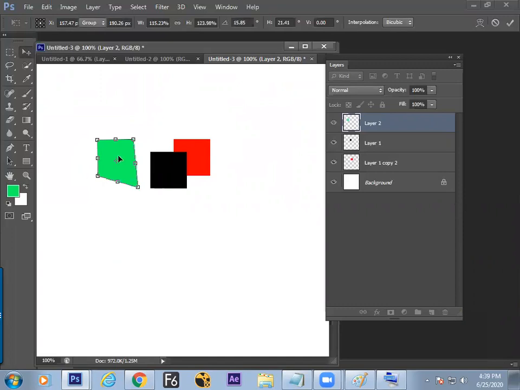All the things whatever we have learned in the selection transformations, it is working here. Alt and drag, Control and drag, Shift and drag, and Control and Shift and drag.